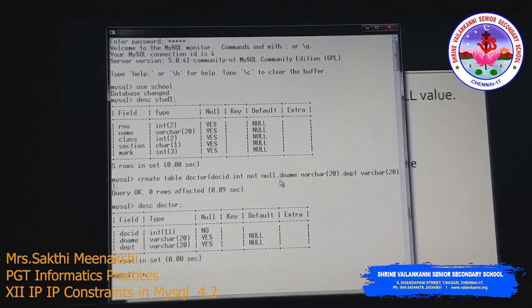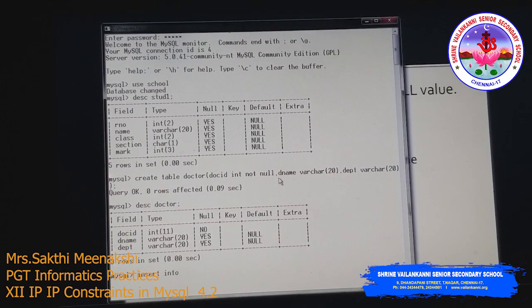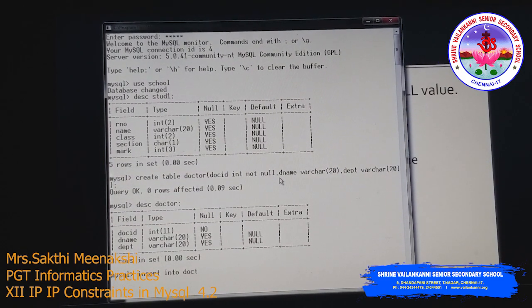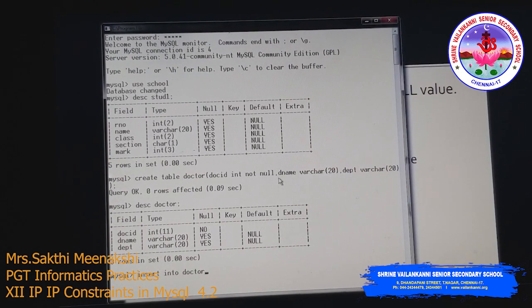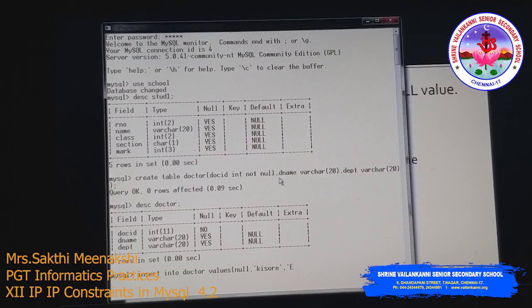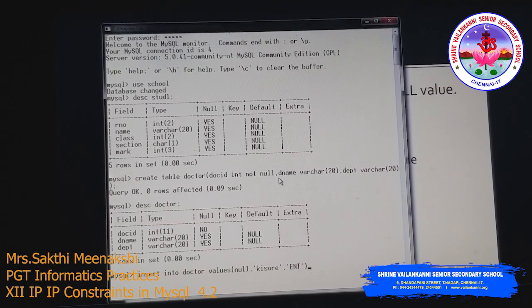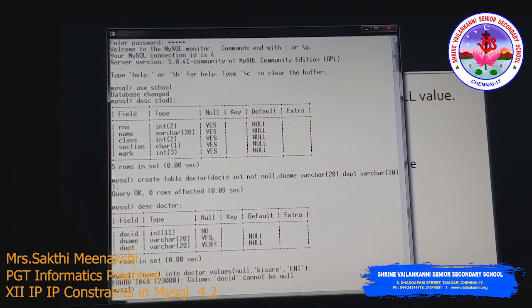While inserting the values, insert into doctor values, and if you give a null value, it won't accept. This is the value I'm giving. It gives an error: Column doc ID cannot be null because it enforces the not null constraint. So this is the way you have to use the not null constraint. And once the table is created, you can use the alter table.